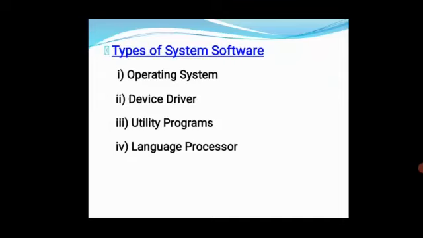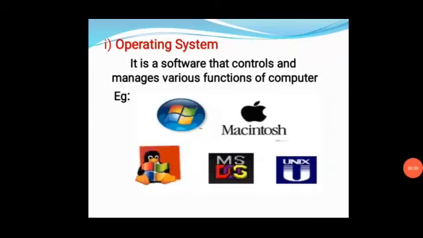With the help of the system software, you can interact with your system. It acts as the interface between user and system. What is the meaning? Who is the user? We are the user. We are the ones using the computer, no? So we can interact with the computer system after installing the system software. That means after installing the operating system in our computer, we can interact with our computer system.